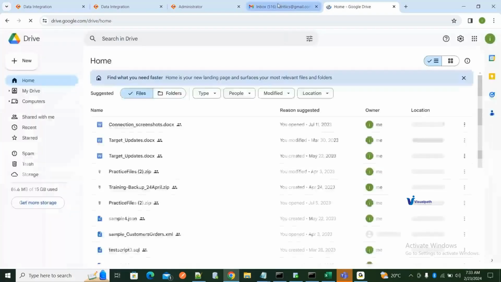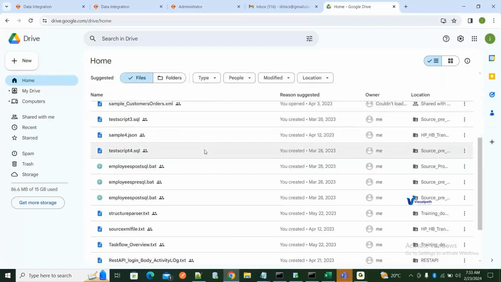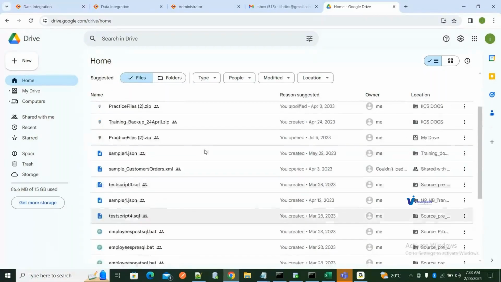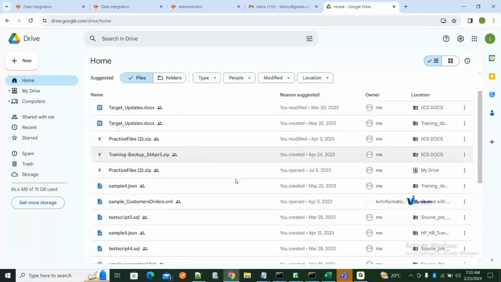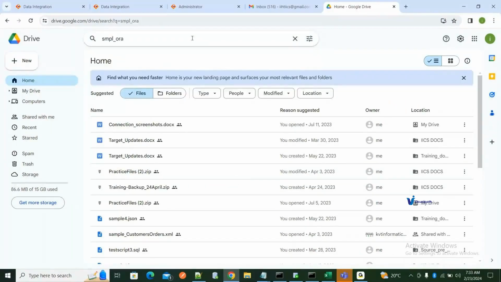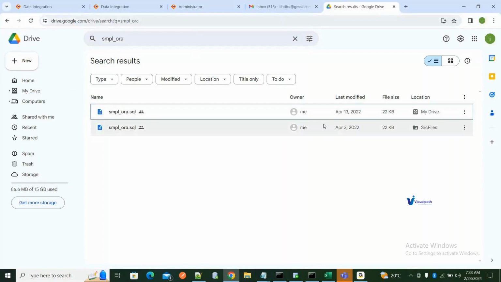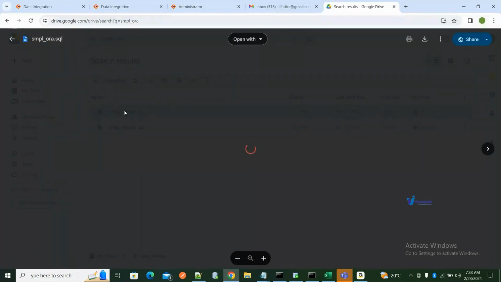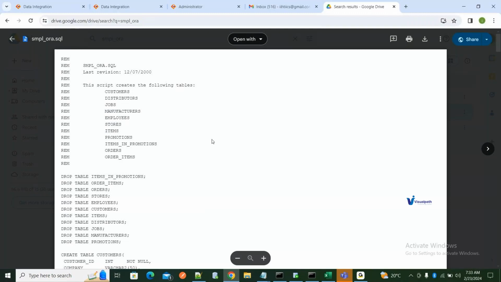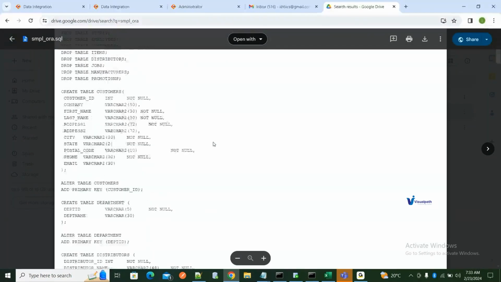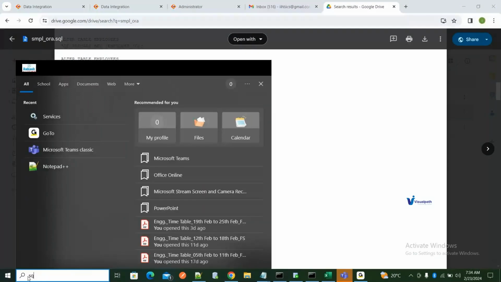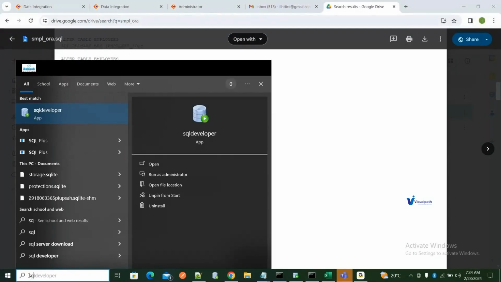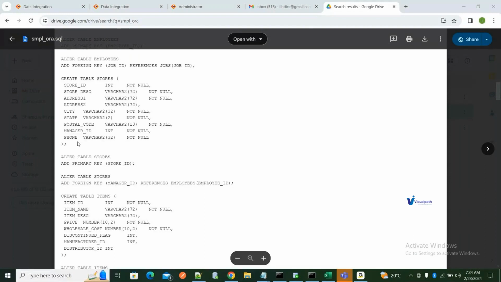Let me share my screen back again. So there is a sample schema, right? There's a schema file called SMPL underscore ora.sql. This is my schema, which I can provide to you. You need to import this schema into your instance, and before you do that, once your Oracle is installed, you need to go to your SQL Plus, and you need to